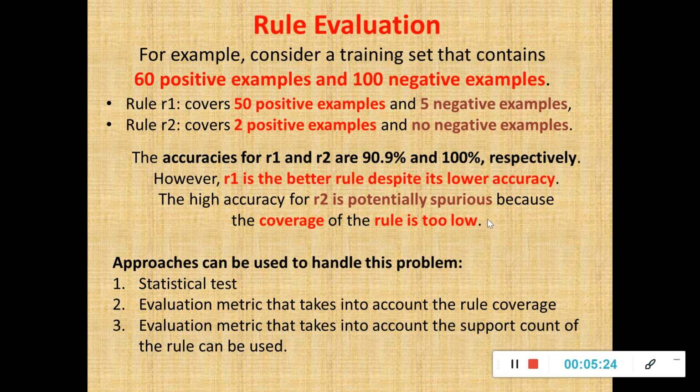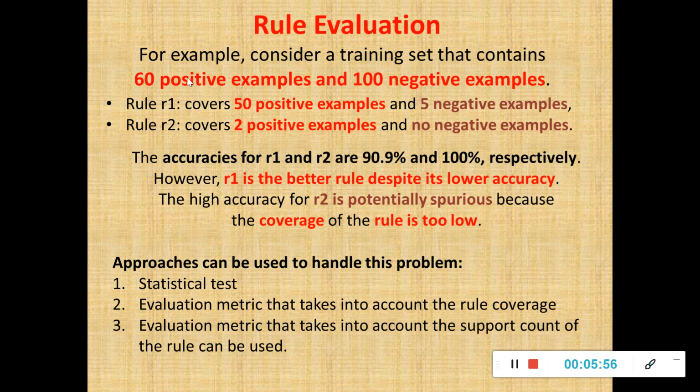Now if you can recollect your model evaluation topic, I gave two examples, model A and model B. Model A had an accuracy of 85%, model B had 75%, and their accuracy was tested on 30 records for model A and 5000 records for model B. That is the first example. And with respect to your player selection, IPL player and international player, based on the number of matches, runs scored, and wickets taken, we decided which model to select. The same way, which rule to select here?